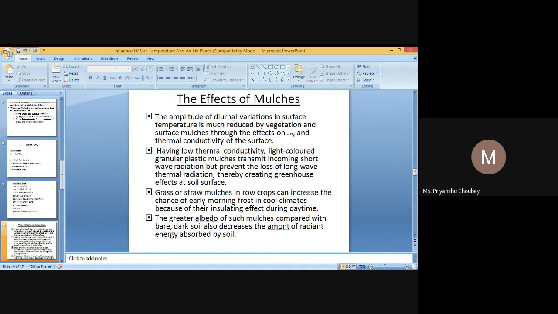Liebig's law of the minimum implies that the capacity of a barrel with staves of unequal length is limited by the shortest stave. So plant growth is limited by the nutrient in the shortest supply. In this case, nitrogen is the most limiting, followed by phosphorus, potassium, zinc, and sulfur, in that sequence. The nutrient in the minimum refers to the nutrient in the least relative quantity in the soil, and it is the growth limiting nutrient.